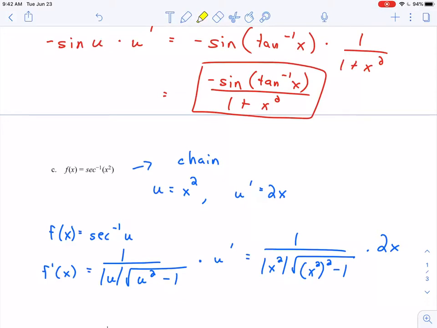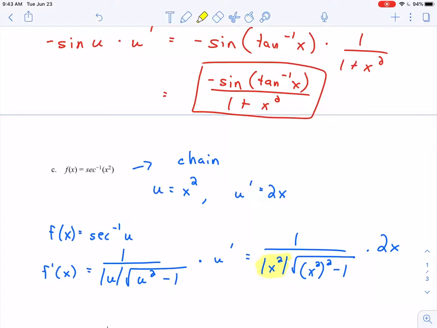This one, I'm going to show you just how to simplify a little bit. I don't need to see you simplify your answer in this much detail, but if you're doing problems from the textbook and checking your answer, you might see, hey, the absolute value, where did that go? It just kind of disappeared in the answer. So I want to talk about why we might simplify this in the way that we would. So here, if you look at x squared,